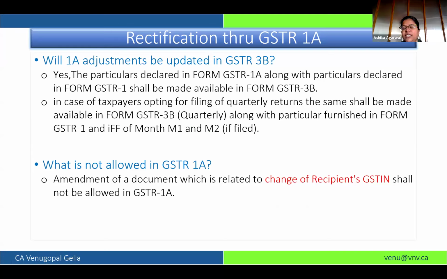And here, in 1A, recipient GSTN is not allowed to change. That you have to do through amendment. That is, for the October month, any error can be corrected by November month. You can correct the recipient GSTN through the amendment table, which we just now discussed, table 9 and table 10, 9A and 9C and table 10.